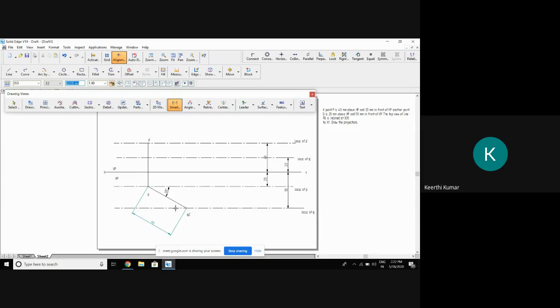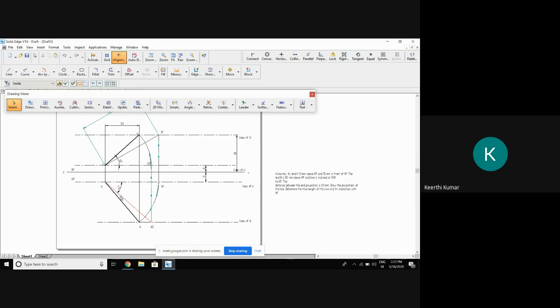Okay. Now, once we have the true length, what is the concept I told? Select the line from the end of the true length. You draw the line till it reaches the locus of the other one, that is P. Then select the arc by center point method. Keeping this as center and this as radius, you cut an arc in the opposite direction. Why are we doing like that? Can you tell? I'll go to the first problem and explain.